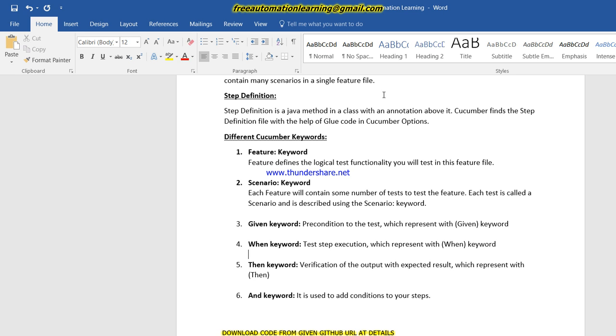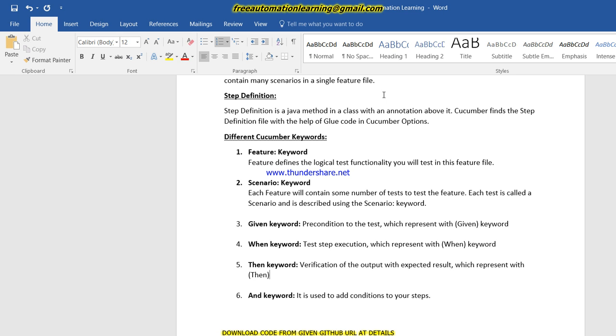And after that, the when keyword is used for the test step execution. What we are going to execute or test comes with the help of the when keyword, and then is used for the verification. So suppose given Firefox browser is open with the Facebook login URL or login page.